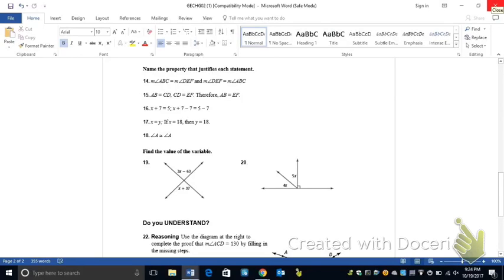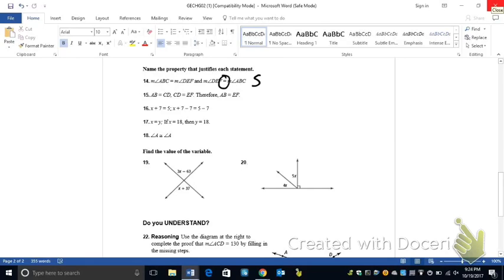So why don't you go ahead, pull out your bell work from yesterday, or pull out the notes that you took. I want you to take a couple minutes and try and match these up, 14 through 18. Okay, so now that we're back, let's check to see if you did it right. So with 14,